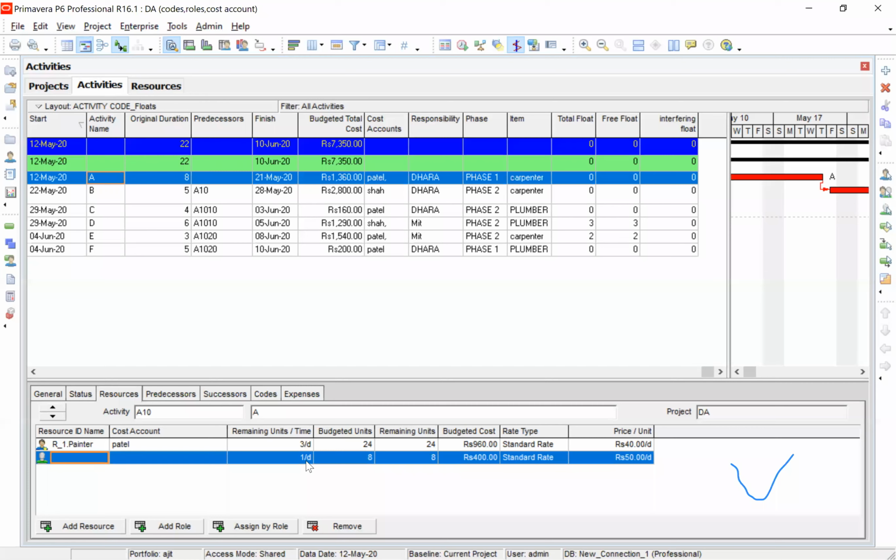That means for all 8 days, this role will look after activity A. And the rate of the role is 50 rupees per day. Because it's an 8-day duration, 8 into 50 is 400. And therefore the cost of this item is 1360. Do you get it?